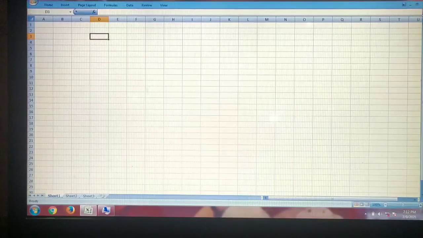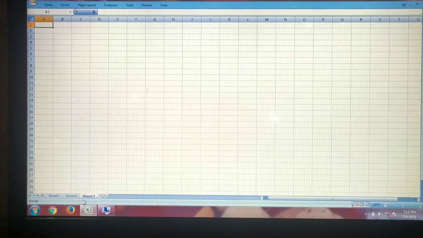The Excel is also known as spreadsheet. The spreadsheet consists of 3 sheets. On the bottom corner we can see sheet 1, sheet 2 and sheet 3. By default, when we open a workbook, which means the same Excel, we can see 3 sheets. By default, there will be 3 sheets.